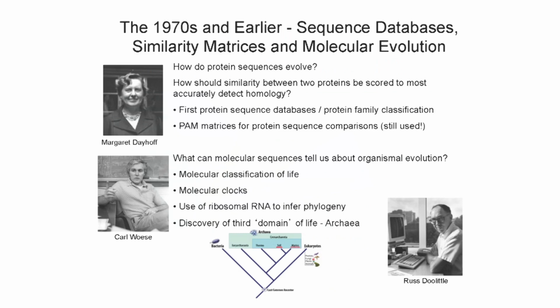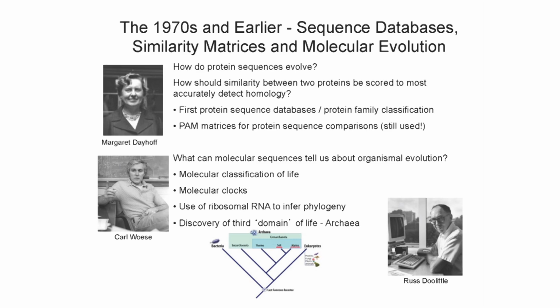In the 70s, there were no genome sequences available or large sequence databases of any sort, except there were starting to be some protein sequences. And early computational biologists focused on comparing proteins, understanding their function, structure, and evolution. In order to compare proteins, you need an amino acid substitution matrix, a matrix that describes how often one amino acid is substituted for another. Margaret Dayhoff was a pioneer in developing these sorts of matrices, and some of the matrices she developed, the PAM series, are still used today.